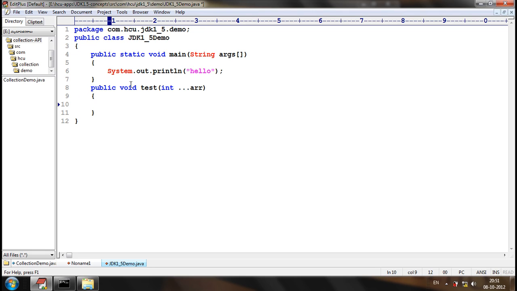Now this is the syntax of varargs: data type, space, three dots, and after the three dots the identifier name.